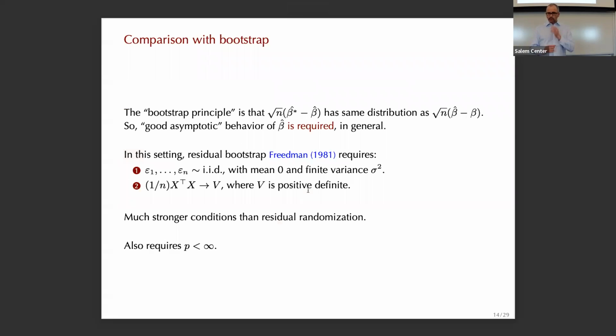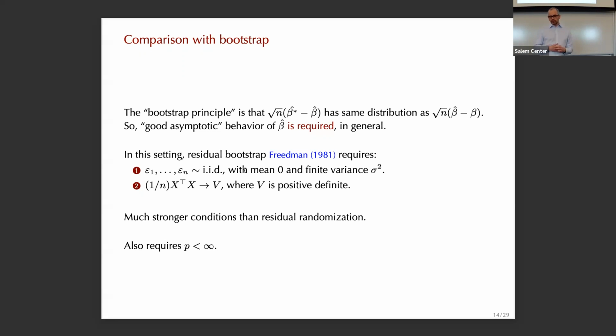Okay, and how do you compare it with the bootstrap? Well, remember the bootstrap principle tells you that the square root of n asymptotic bootstrap distribution is the same as the actual sampling distribution. The problem is that you're not able to calculate that, so you rely on the bootstrap distribution to do it. However, in order to get that, you need some good asymptotic behavior of beta hat. If you look into the paper on the so-called residual bootstrap by Freedman in the 80s, which is perhaps the closest bootstrap variant to this exchangeability test that I mentioned,